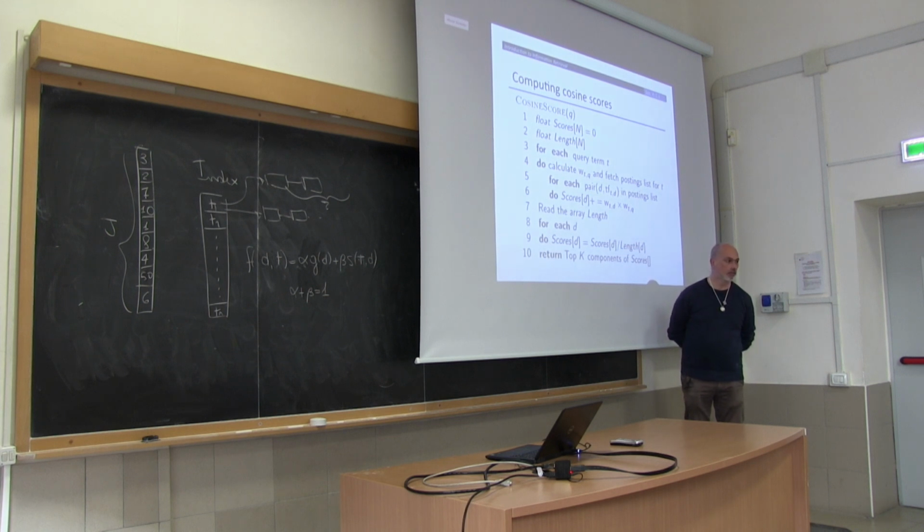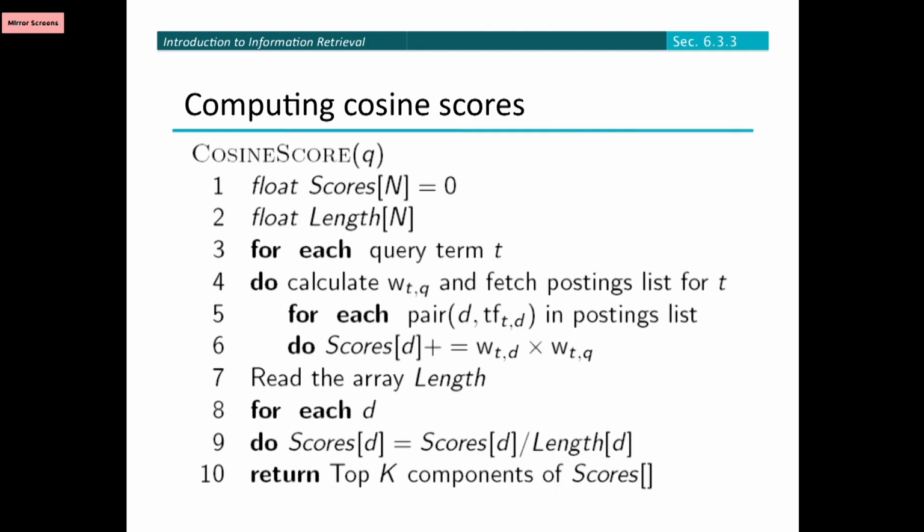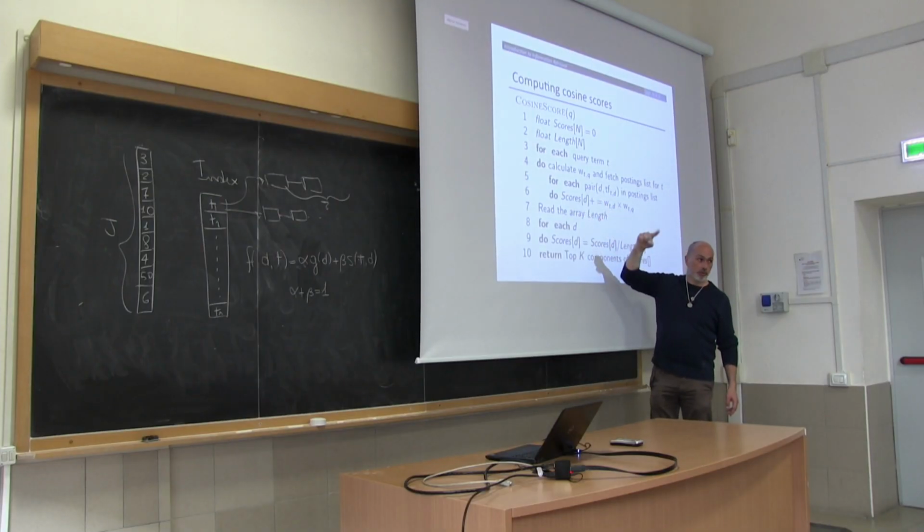I don't think so. I'm just scanning one posting list. Whenever I have an entry, it means I have a document, and I update the corresponding score. That's it, right? But whether or not these documents are sorted in the posting list for this term by doc ID, static score, or any other criterion, I don't care. I'm just scanning the posting list. Why? Because this is a sequential scan. One posting list at a time.